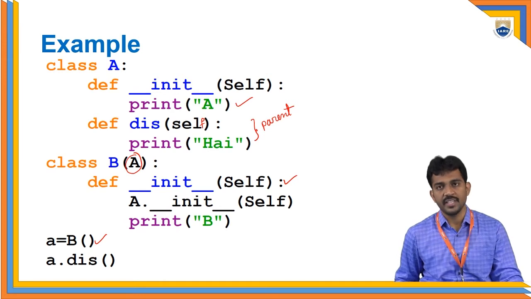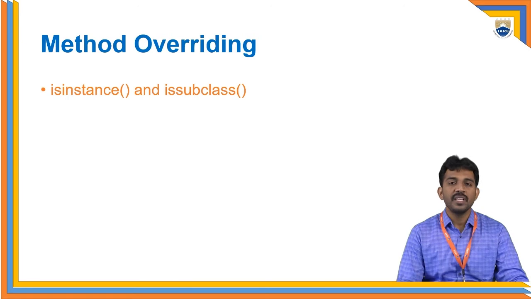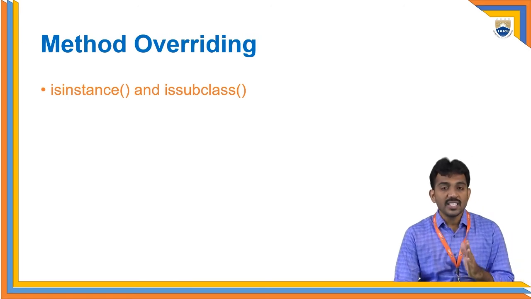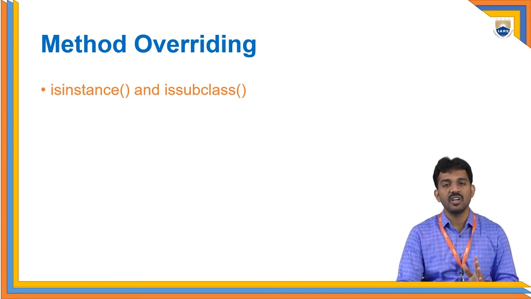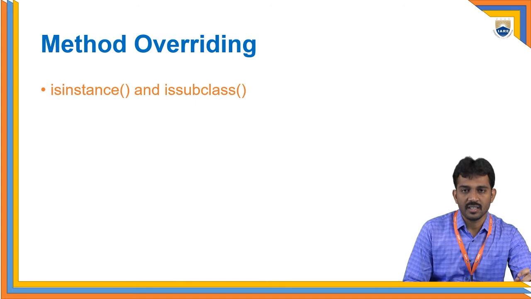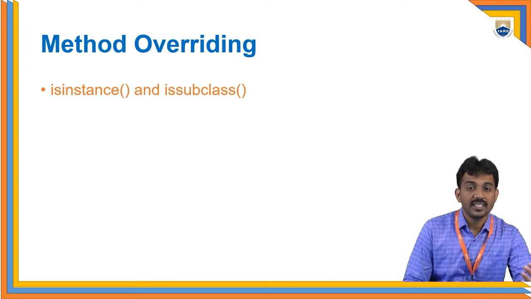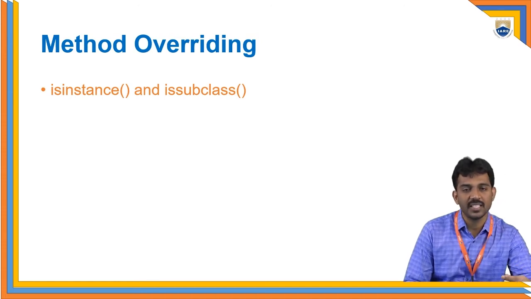This one is a simple inheritance. Method overriding. Method overriding means if you write the same method in the superclass as well as the subclass, then it is called method overriding. Method overloading and method overriding: the same function name with different arguments is called method overloading. The same function name and the same number of arguments written in the base class, parent class, as well as a subclass, is called method overriding.